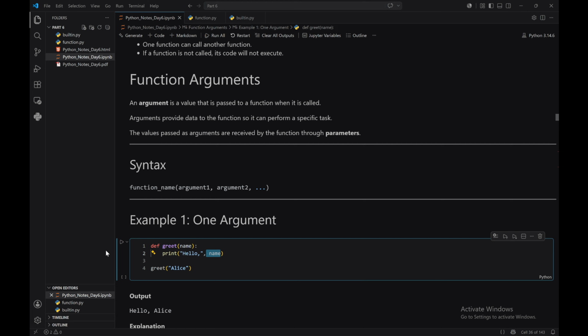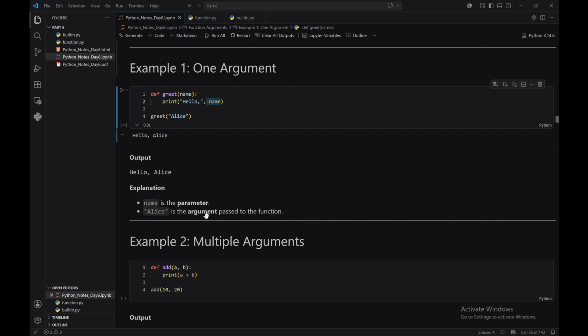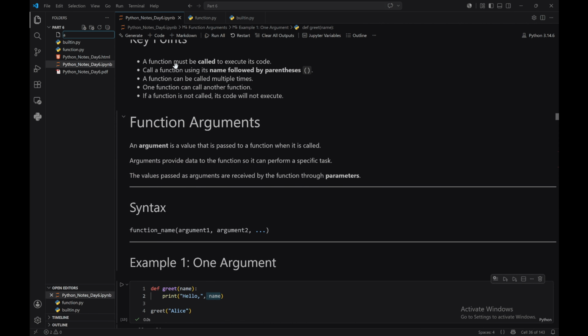As you can see here, it is going to print like this. So let us understand. We can also take multiple arguments, such as here we are going to create a file named